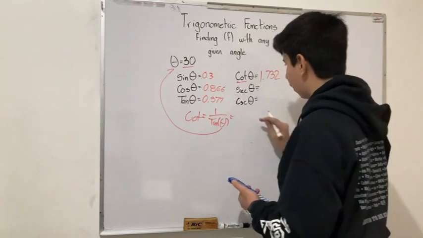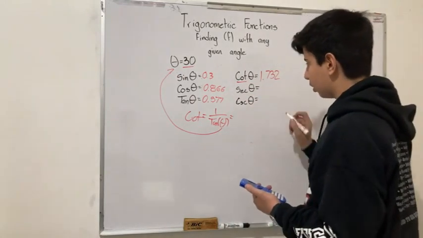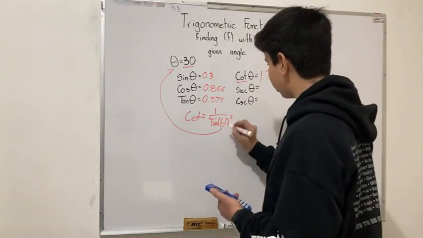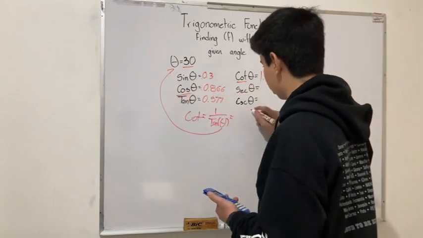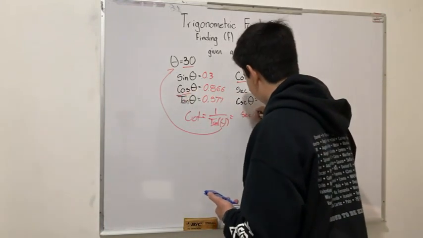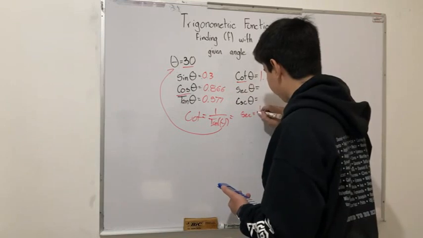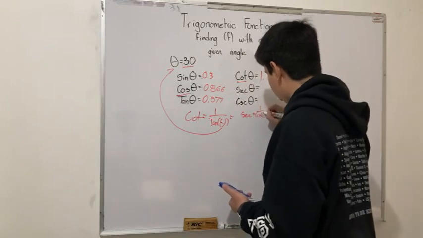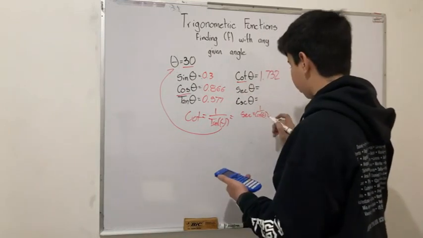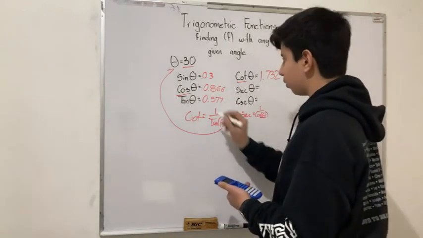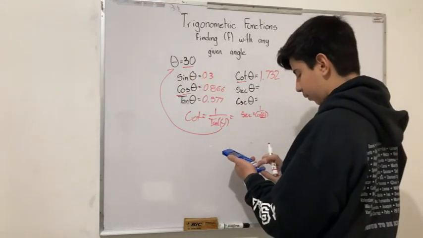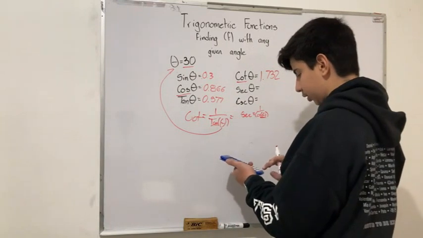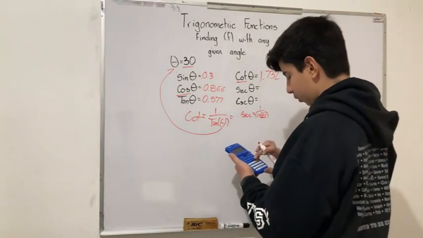1.732. For sec is something similar, only that instead of divided by tangent, it's divided by cos. So it would be sec is equal to 1 divided by cos theta. And we know that this one is 30, so it will be 1 divided by cos 30. And we know it is